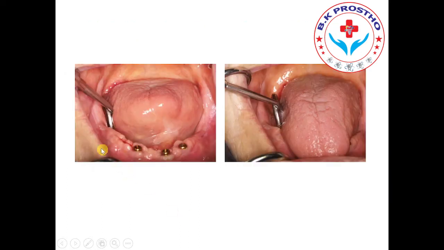So how do we check the depth of the distolingual pouch? We use a mouth mirror. We put it into the distolingual pouch, ask the patient to protrude the tongue, and then examine the depth of the distolingual pouch. If it is inside the diameter of the mirror, which is inside the lingual pouch, it means it's class 3. If it is less than half of the diameter, it means it's a shallow sulcus, class 3. So this is the way to check the depth of the distolingual pouch.